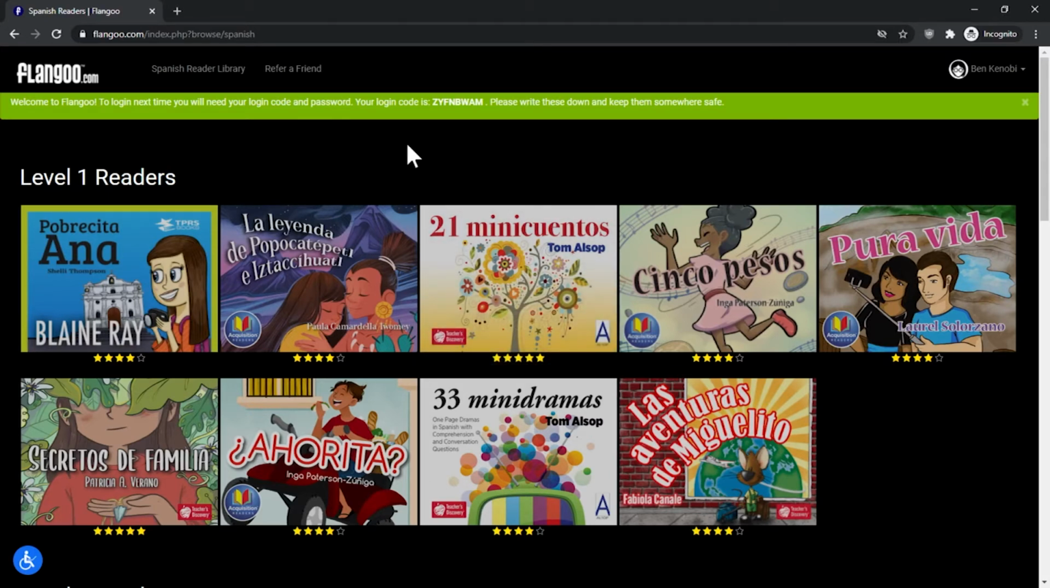Now this is important. When they first sign in for the first time, it is going to give them this login code. And you're going to make sure that your students write this down or copy paste it somewhere or put it somewhere safe where they're not going to lose it. They're going to need this login code along with the password that they just created in order to log back in next time. The reason why they need this is because